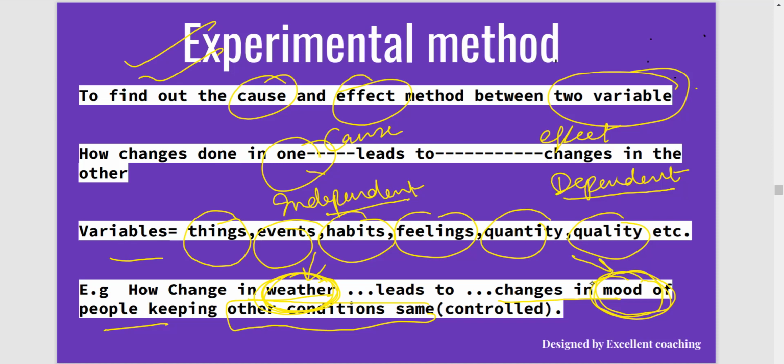It is a very useful method in terms of psychology research, because when experimental methods are used by psychologists, they have an advantage to keep certain things in control. So when they do this particular experiment in a lab, they have an advantage to keep situations in control so that only the cause and effect can be focused on in their study.